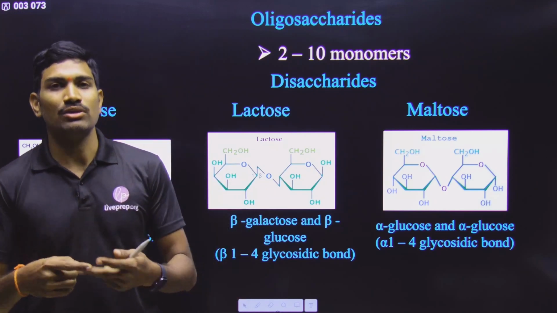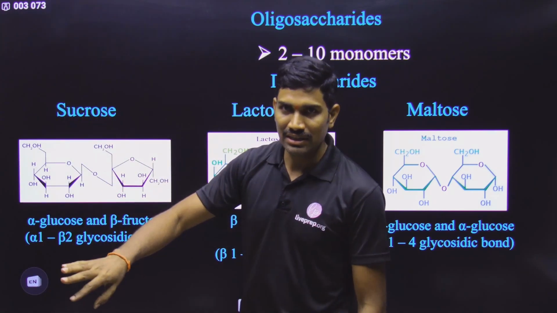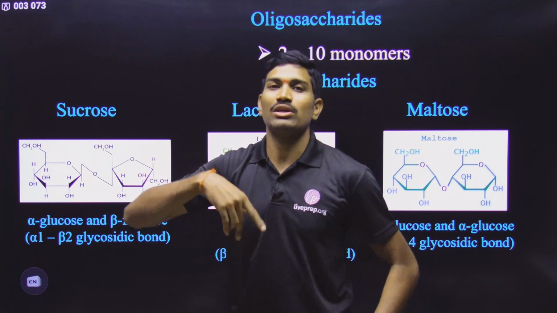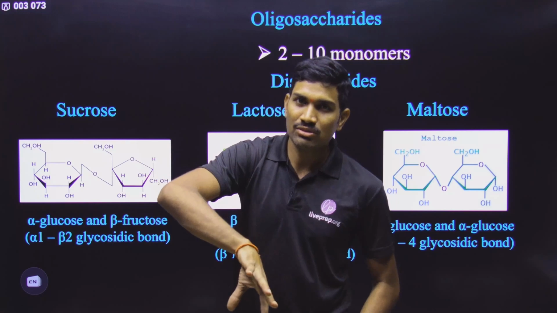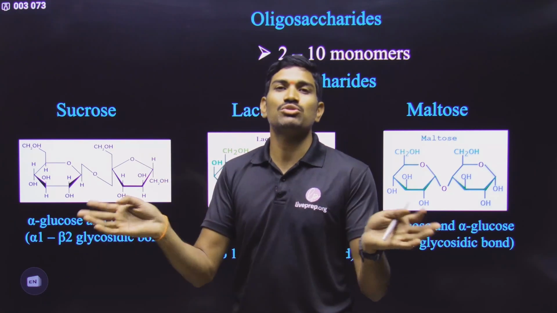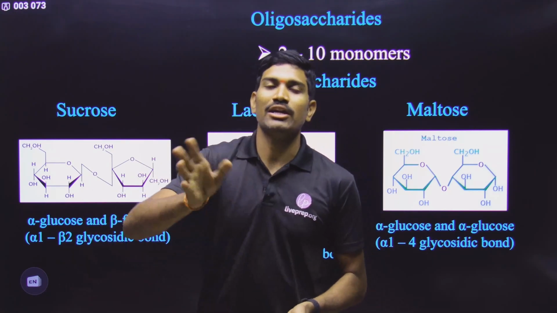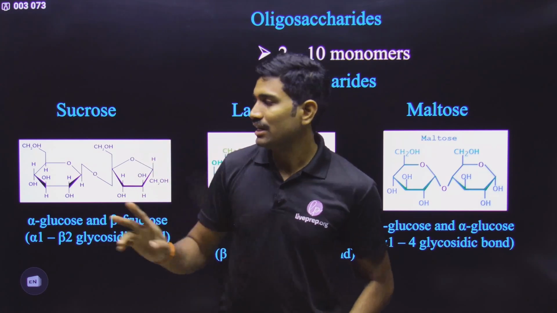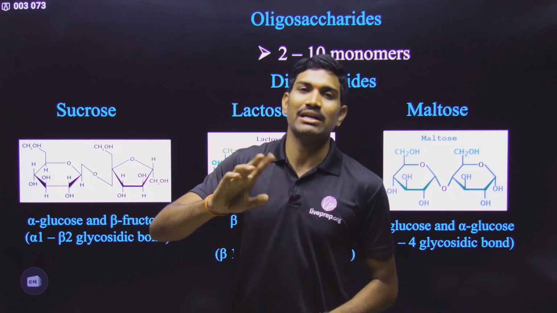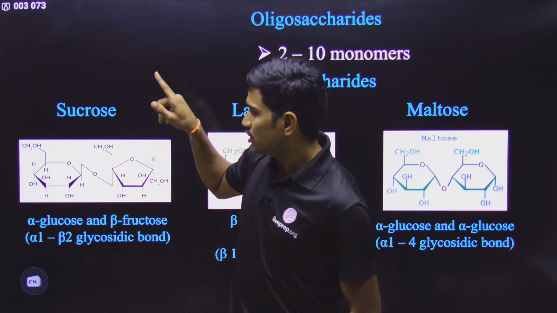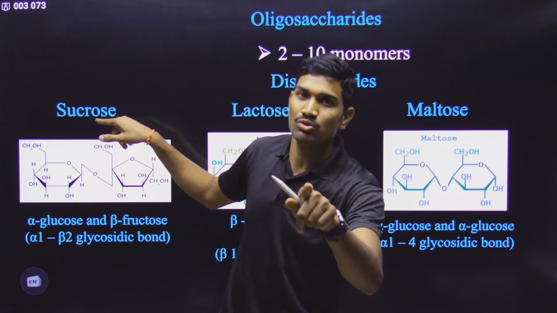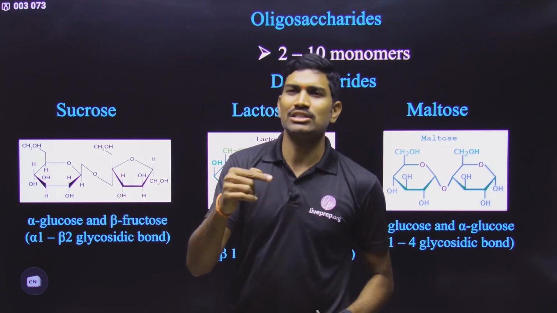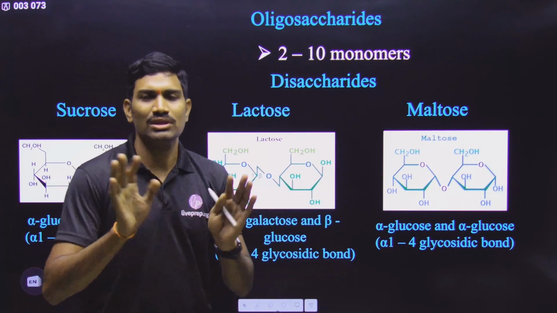It is based on the optical rotation. The rotation of sucrose is different, and after breakdown, the hydrolysis products we are getting have the opposite optical rotation. So original sucrose and the products after hydrolysis have opposite directions of rotation of plane polarized light. That's why it is called invert sugar. Inversion we are observing, opposite rotation we are observing. So only sucrose is called invert sugar. Anyhow, all these things about rotation of plane polarized light I don't want to teach in this chapter.